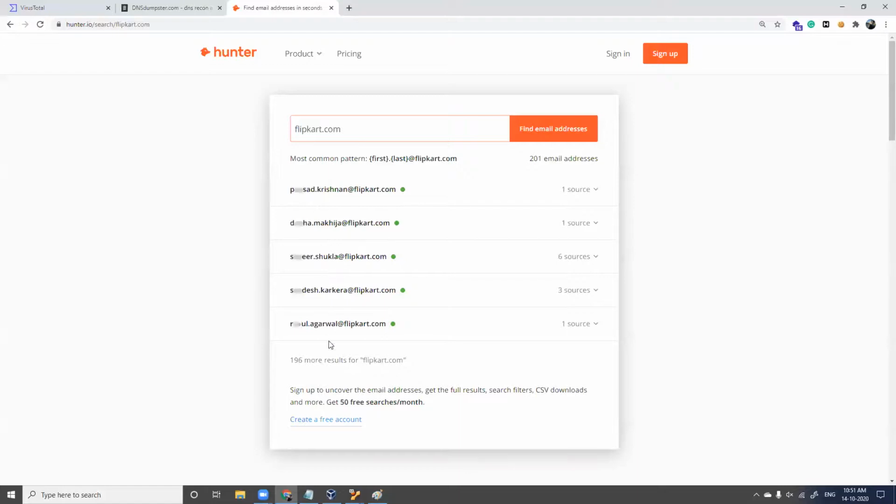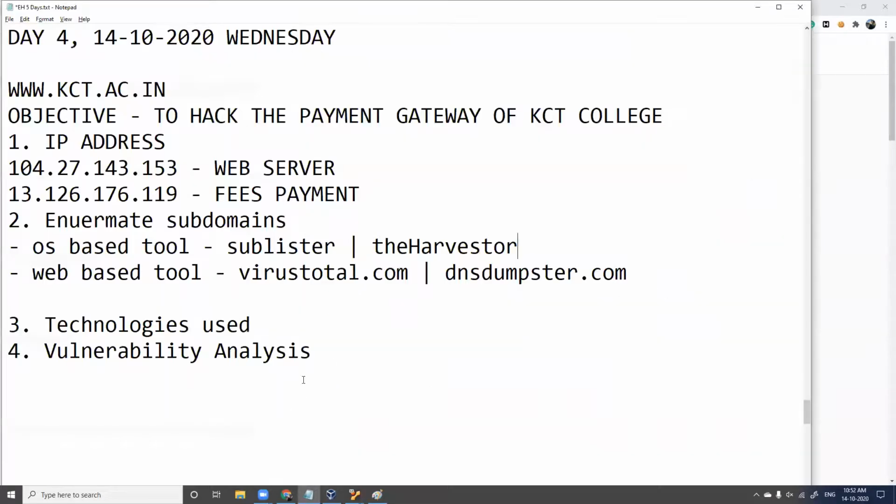See here, I've got email addresses. All you have to do is create an account with this. It's perfectly free. When you create an account, you will be able to view the email addresses of the particular domain you gave. You can also give any domain, check if it is working or not. And this is one more option which can also be used along with theHarvester, along with hunter.io.